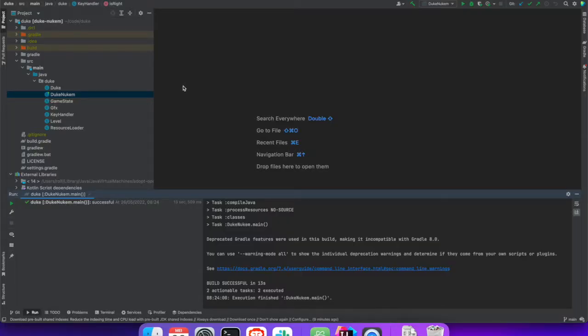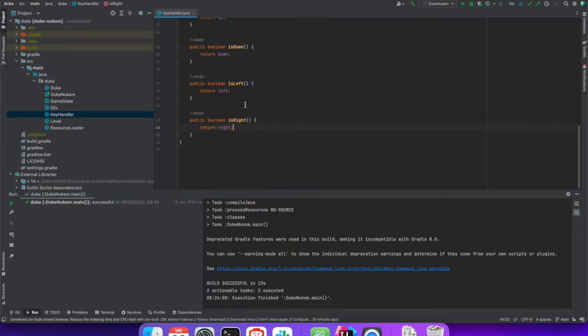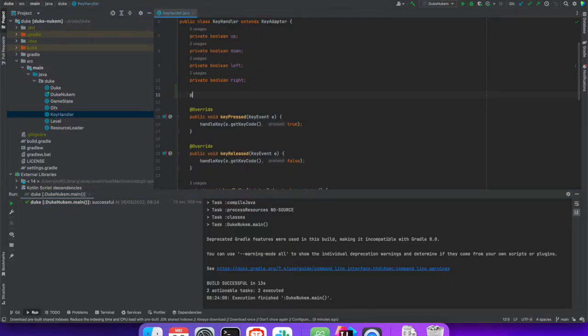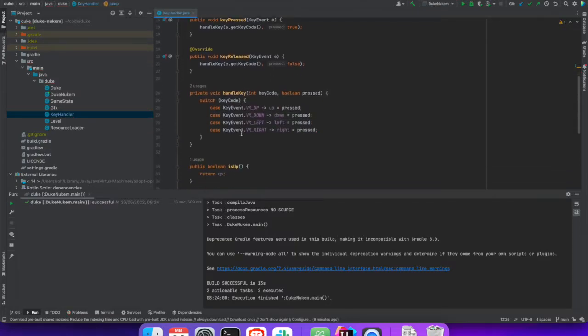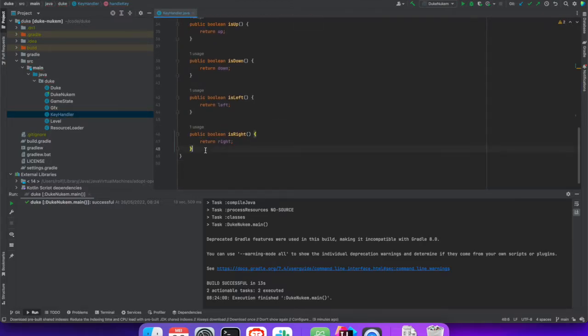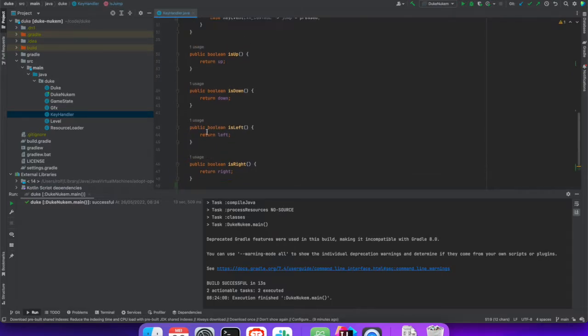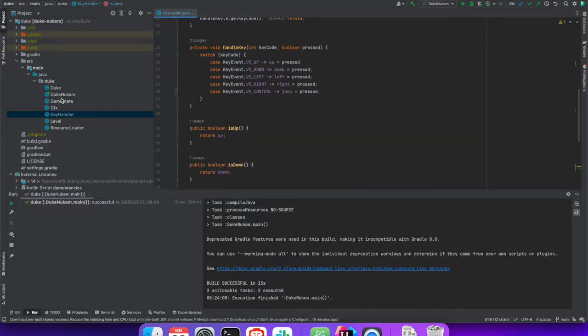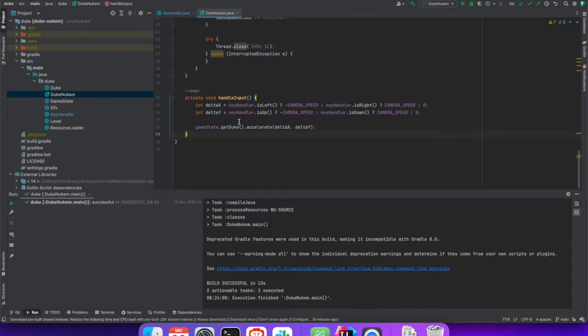All right, so let's start by adding the key to our key handler, the jump key. So let's add a boolean that keeps track of whether the jump key was pressed. And let's assign the control button for the jump key. Is jump. And then in our handle input, we can say